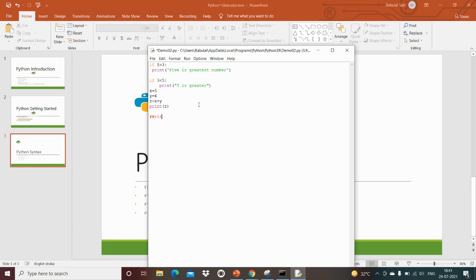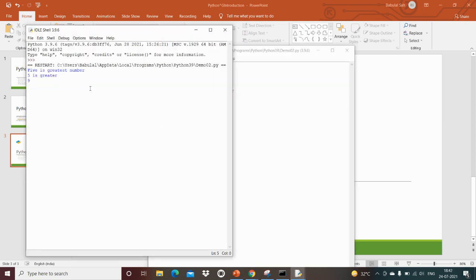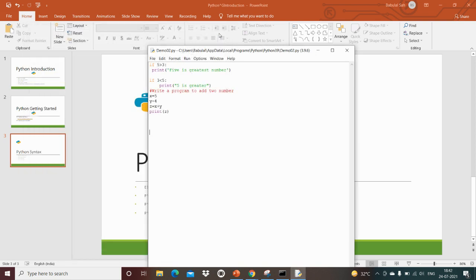Write a program to add two numbers, I'm going to put it here. Now see, save it and run it. Now see, Python will not print the comment, it prints the results only. So in Python you can write a comment with the hash sign.